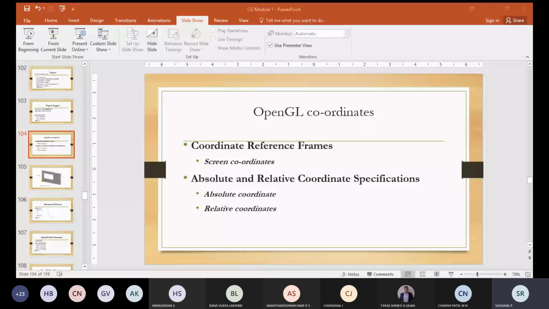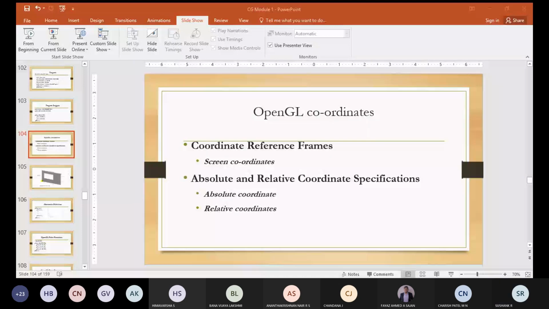Here the type can be points, or the type can be lines. There is one constant called GL_POINTS, which means you're referring to the geometric primitive points. So for now, just know the syntax: glBegin type, where the type can be points or lines. glBegin indicates the beginning of the object which needs to be displayed, and glEnd indicates the end of the primitive. First we'll talk about the point function.